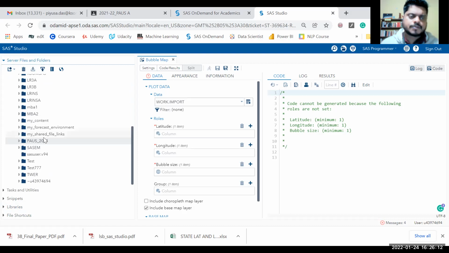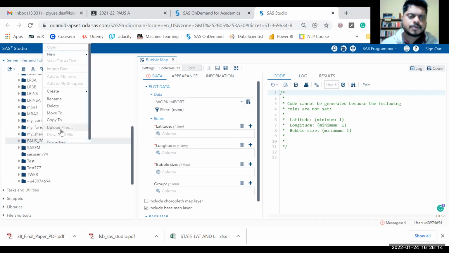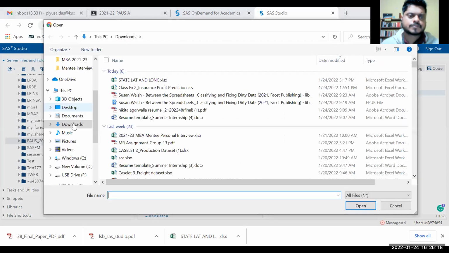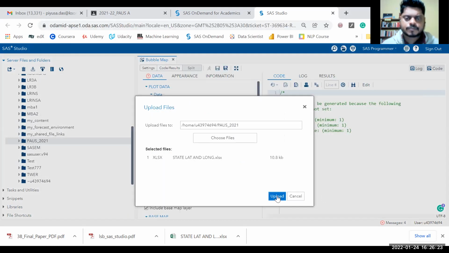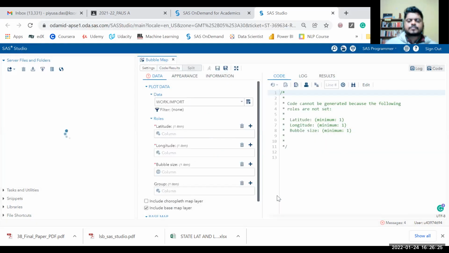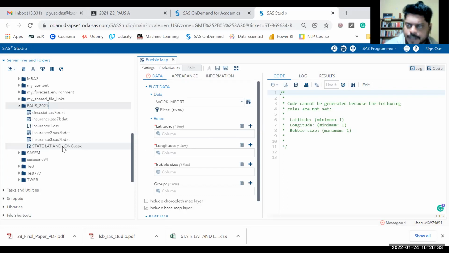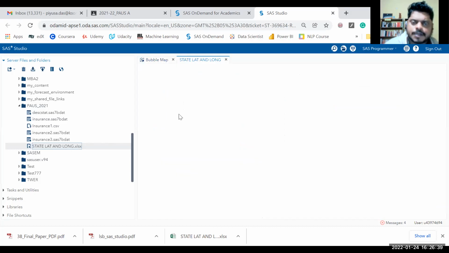For me, this was the folder, upload files. So I uploaded that file into my folder. This is the state, latitude, longitude file which I had sent through Google Classroom. I'll just double click it. Once I double click it,